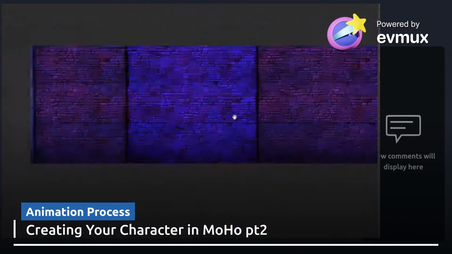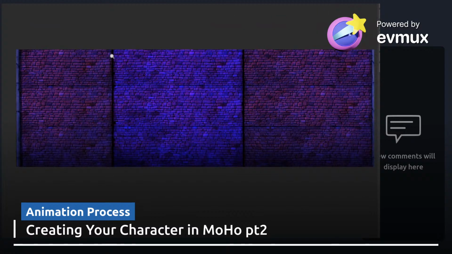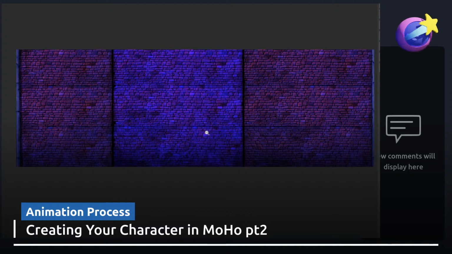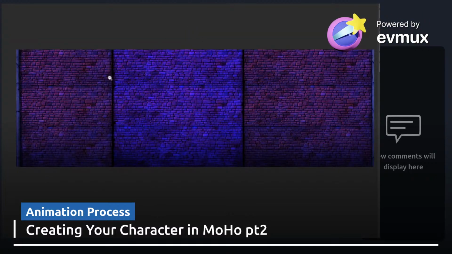I think on the next one I'm going to do, I might take out this middle section and create an alleyway, maybe. And that would be on separate layers. And then when we do the scrolling background, we can get a little parallax effect as he passes. But we'll see.